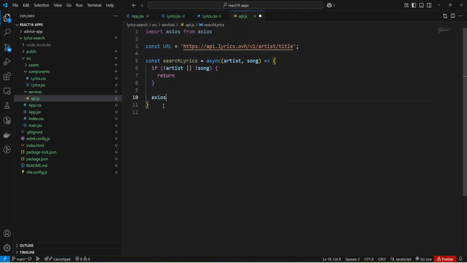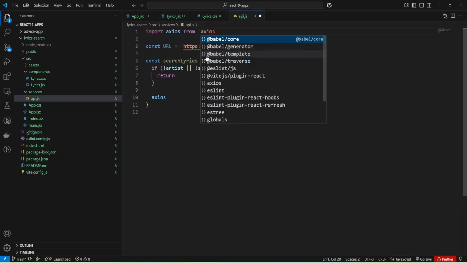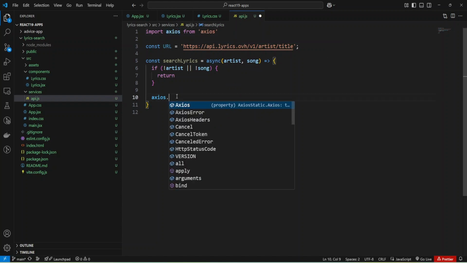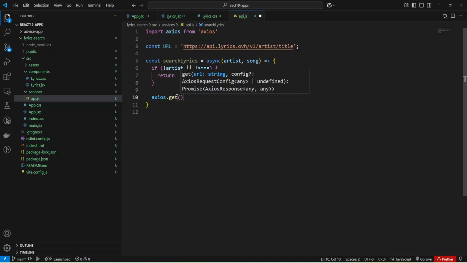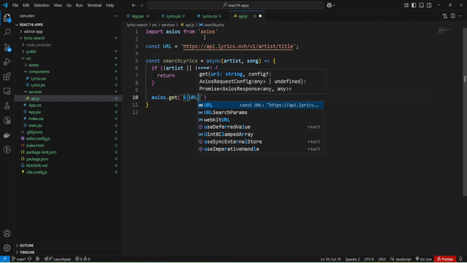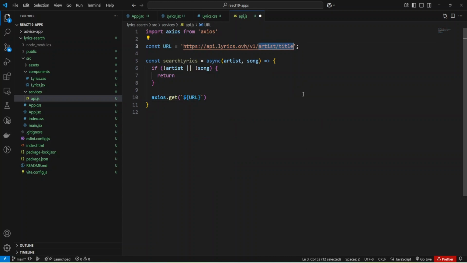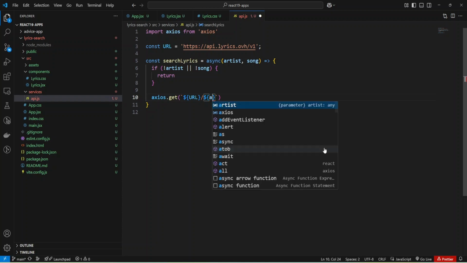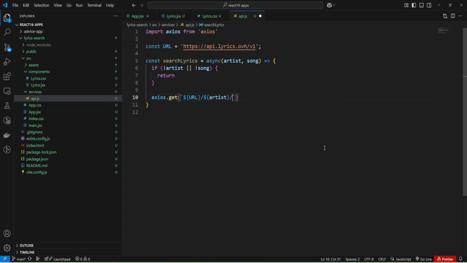Now let's use our Axios to fix this import, and use the get method of Axios, and I need to provide a URL, and I'll use my URL. I need to remove this artist and title because I'll use it here, and we'll add it inside my variable, and we'll provide artist and provide my song name.